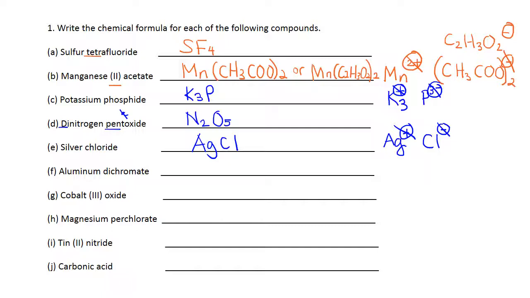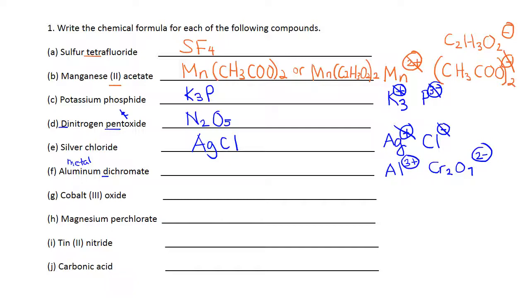Aluminum dichromate. We need to be careful with this. First of all, you should know this is ionic because we are dealing with a metal here. But I don't want you to get caught up because you see "di" and think it has to be covalent. The answer is no. Dichromate is one of the polyatomic ions. That's why I want you to look at the chart and see what they have in there so you can remember. All right, so aluminum is a metal, so that's +3. Dichromate, when you look it up, is Cr2O7, and the charge is -2.